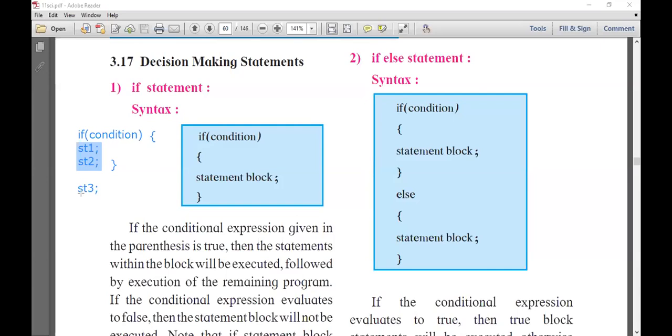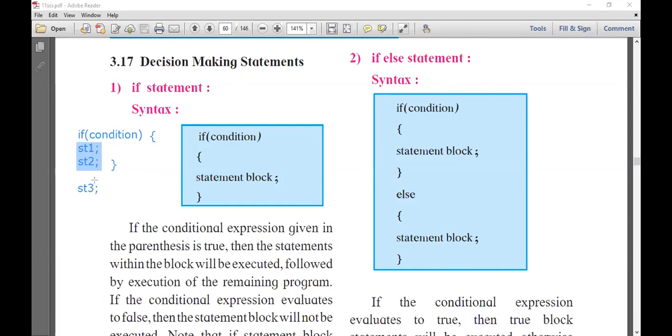But if condition evaluates to false, then statement 1 and statement 2 will not execute, but control jumps directly to statement 3. Okay, then this block is considered as a true block and this statement is considered as a false block.